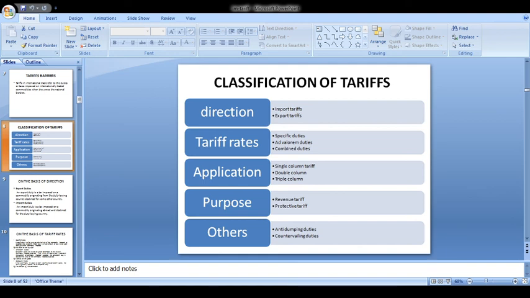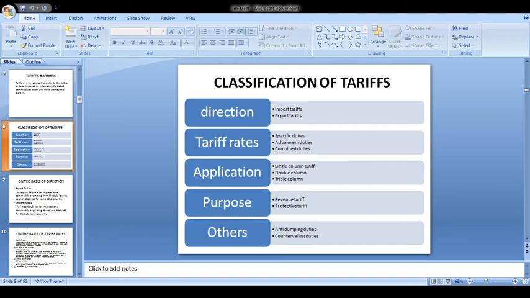Third is triple column tariff system. Triple column tariff system consists of three autonomously determined tariff schedules: general, intermediate and preferential. The general and intermediate rates are similar to the maximum and minimum tariffs mentioned above. The preferential rate is generally applied in trade between the mother country and colonies. Like if I'm importing or exporting any product to my mother country or the colonies, the rate of tariff will be different from that of general and intermediate.